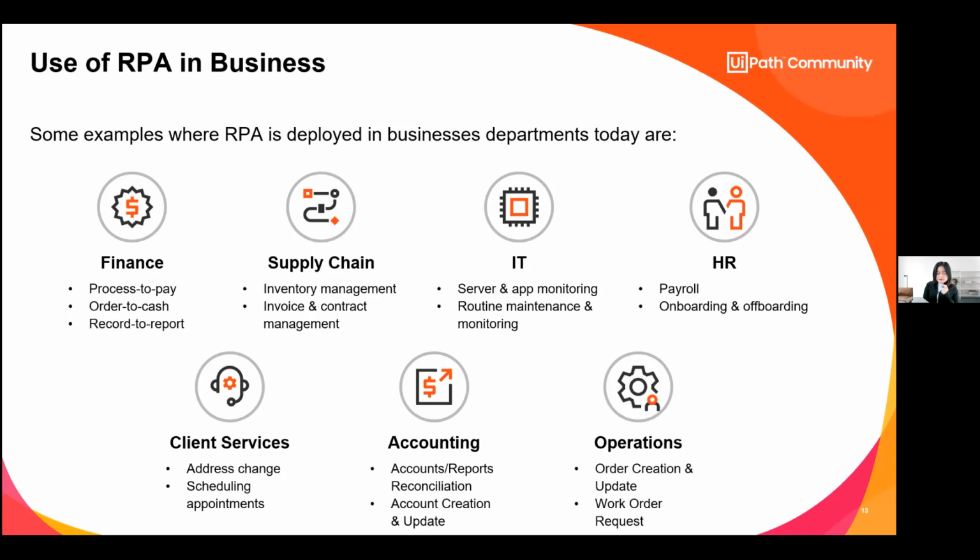Another common process for automation is the sale order creation process. Usually you would receive a request for a sale order or work order in an email or in some kind of ERP system, and the robot will extract the data required to create the work order or the sale order from the input data, either an email, an Excel file, or a report from an ERP system. And then it will navigate through all of the steps to create the sale order or the work order and inform the user when it finishes processing this data.